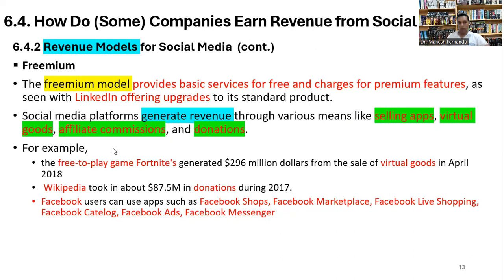And these are some examples. You can see selling apps. Most social media sites such as Facebook use apps such as Facebook Shops, Facebook Marketplace, Facebook Live Shopping, Facebook Catalog, Facebook Ads, or Facebook Messenger, which are some of the apps that link with Facebook. Same as Twitter, Twitter Shops are there, and in many social media we can see similar apps available as